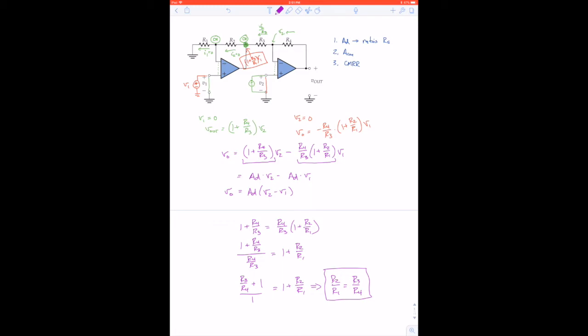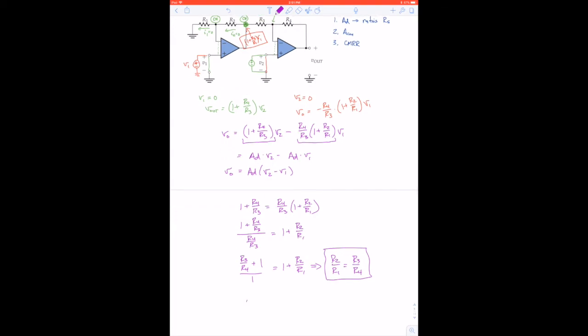And so if we choose these ratios for our resistors, then the difference gain will be equal to either 1 plus R4 over R3, or you can use the right-hand expression as well. Right? And so now we have a difference amplifier with a gain of 1 plus R4 over R3. Now to find the common mode gain, what we're interested in